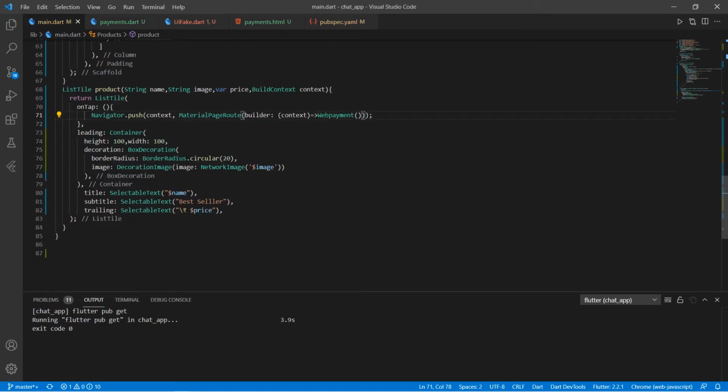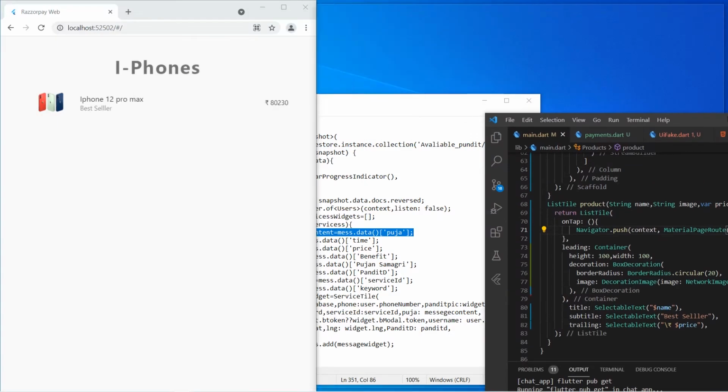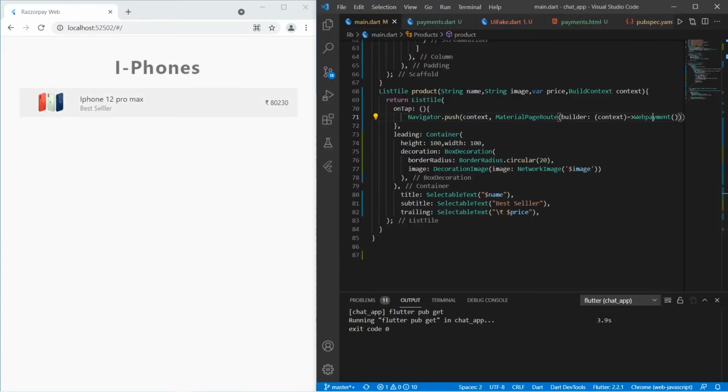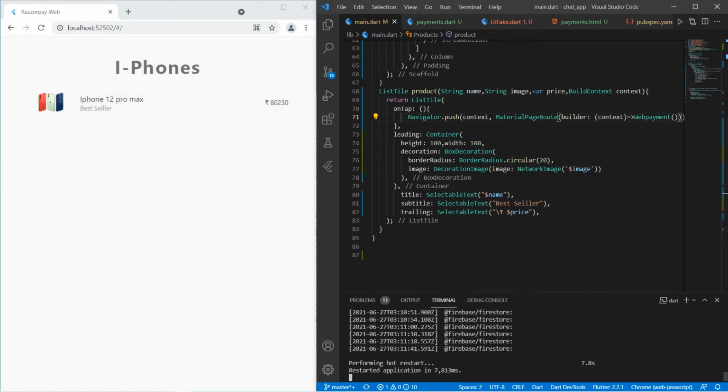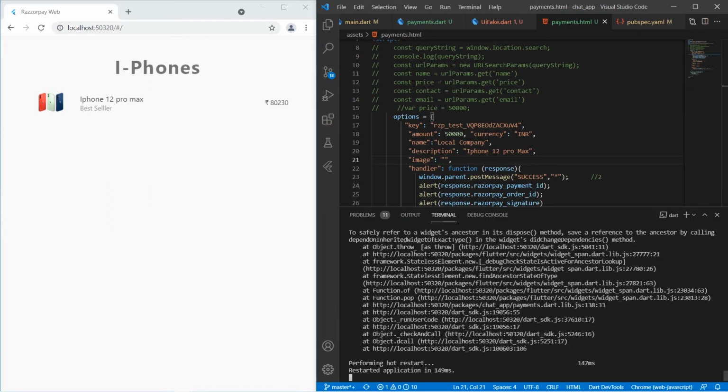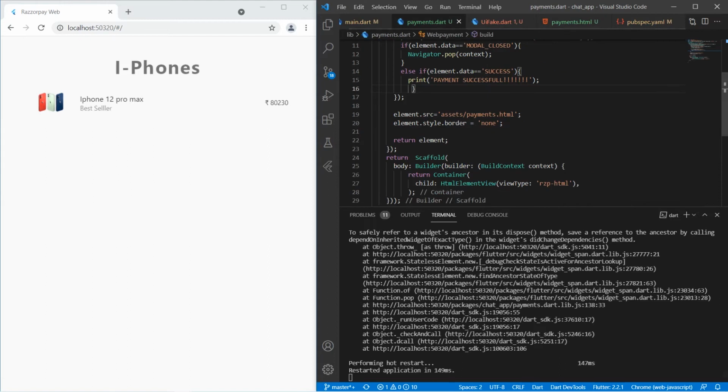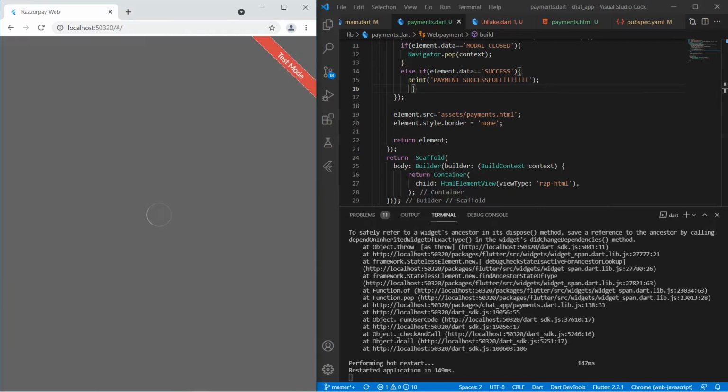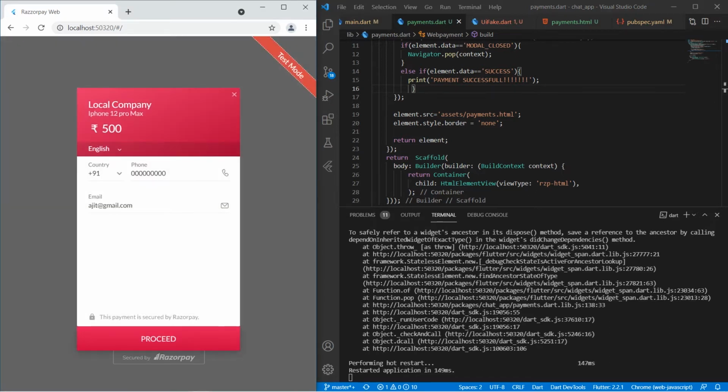Okay, so from the list of products, I will show you, from the list of the products we are directly moving to the payment page for the payment. So we will first check whether the code I just did is running or not. Actually the error was we are not fetching the correct payment source, because here it is payments.html and we were fetching payment.html. That's why we are not getting those files. So now if we click here, you will see we are getting that Razorpay page for the payment,